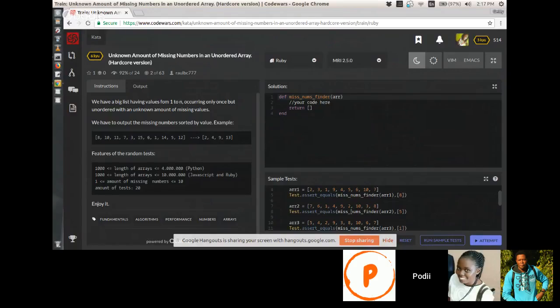So the first thing here, my idea first: we'll create a new array with all the elements. Before we create it, you have to know the maximum value in the array. So first, find the maximum element in the array.